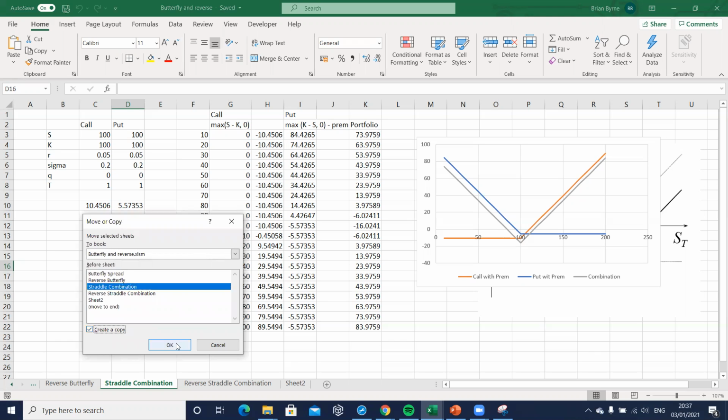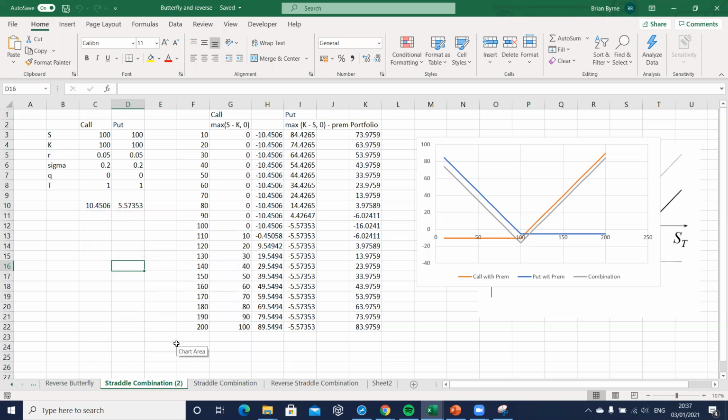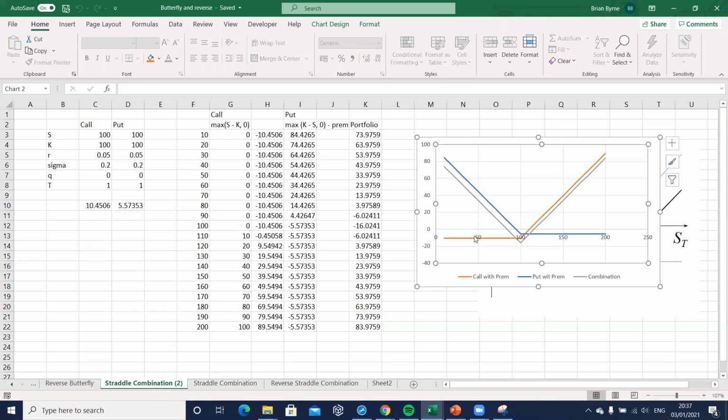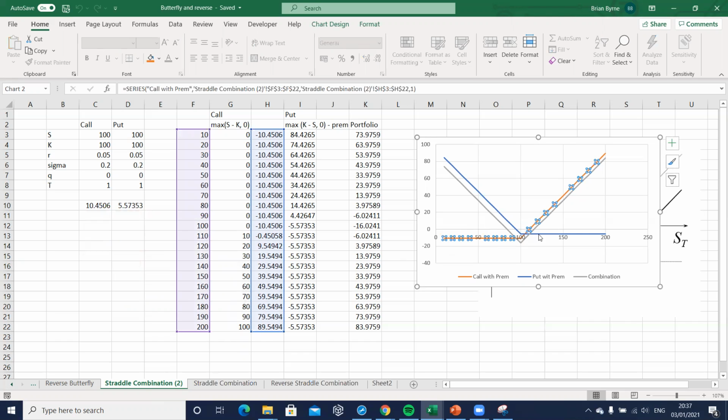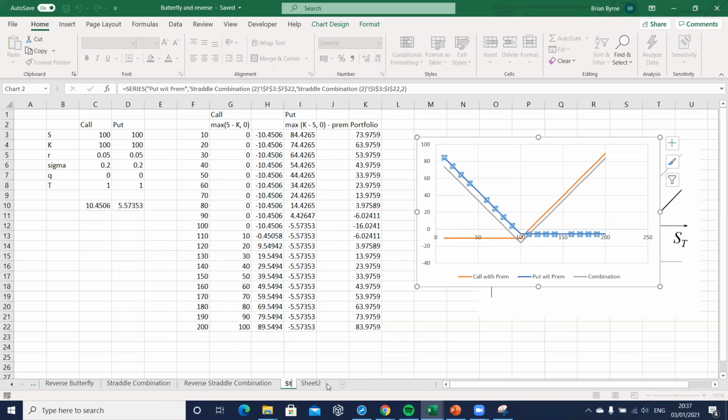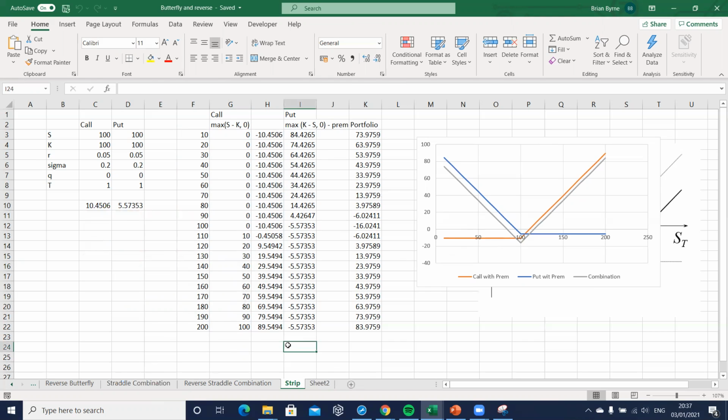we'll create a copy, and now we have two. The benefit of using this approach is that everything remains live, right? So the profit chart here is reflecting the numbers just across. Okay, so we're not going to look at a straddle strategy. We want to create a strip, so it's a strip, and we should note that the strip